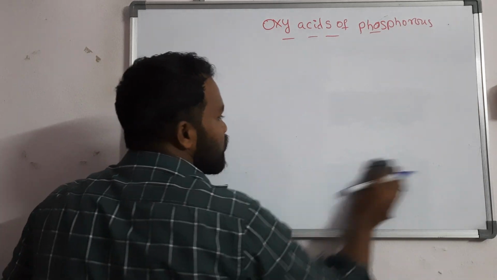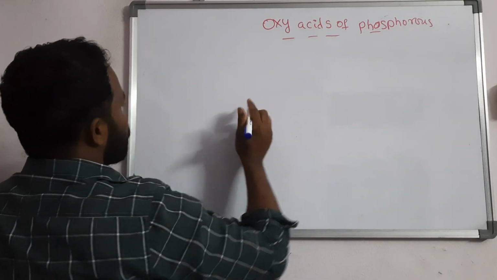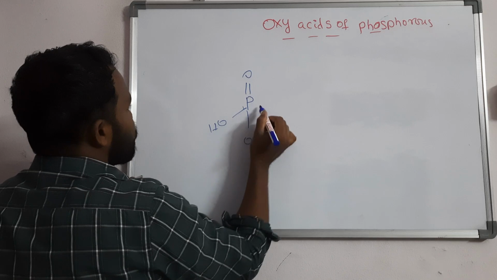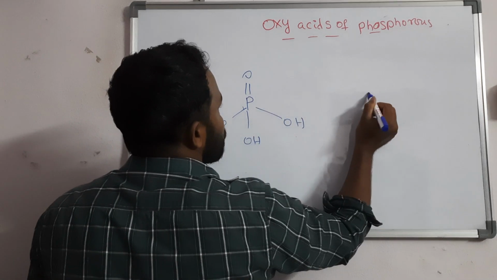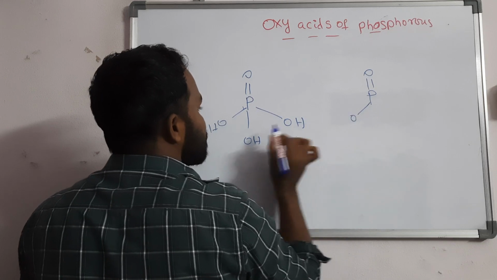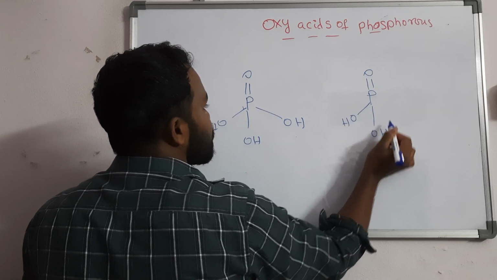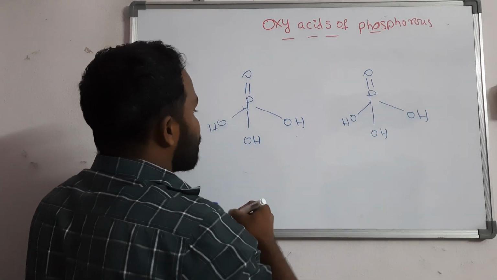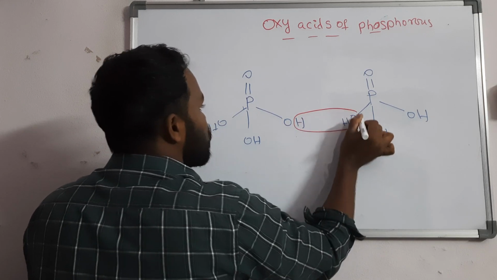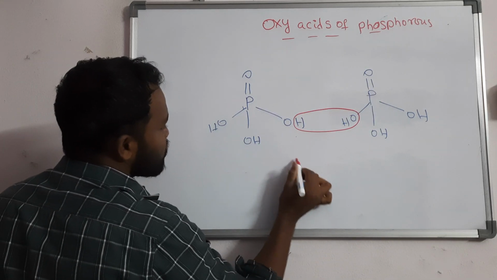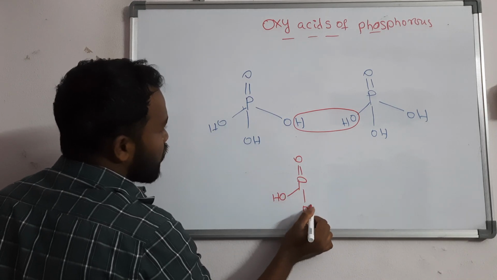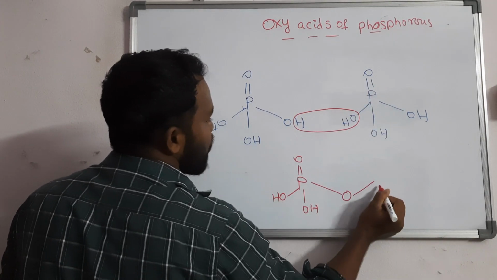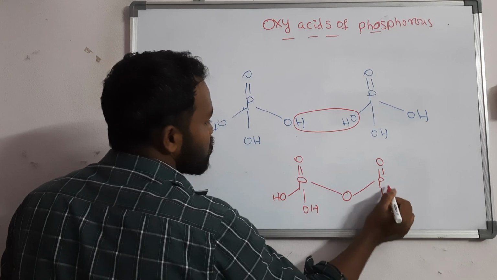And you should be aware of the anhydride form. For example, P double bond O, OH, and here one more OH I will take. So take the same 2 moles of phosphoric acid. This is phosphoric acid, 2 moles I am going to take. If you simply remove a water molecule from this, H2O, you will connect them directly. What will you get from this? P double bond O, OH, here OH, and O as it is, then this O is directly coordinated with phosphorus. Then P double bond O, OH.